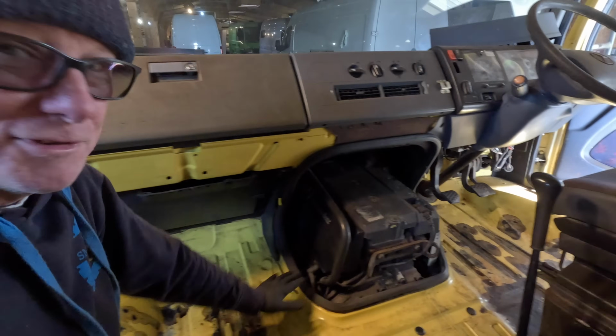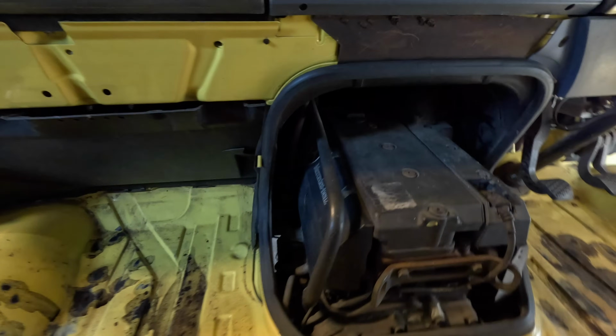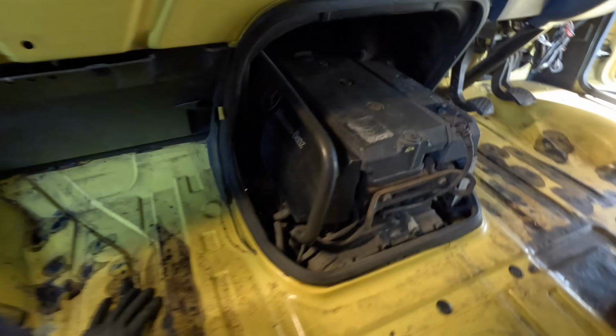But look how much room it takes up. Considering the size of the van, there's not a lot of room to work on this. I do hope that's something I'll never have to do, is do any work on this engine other than its regular servicing. And I will be giving this engine a full service, a thorough inspection before I do take Dragonfly